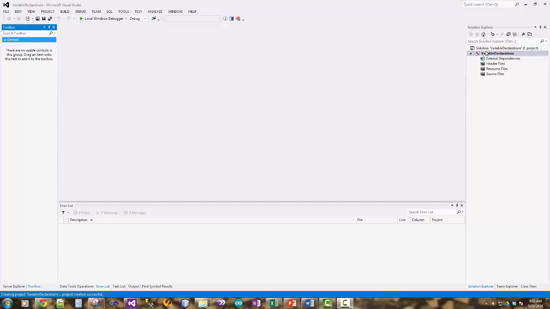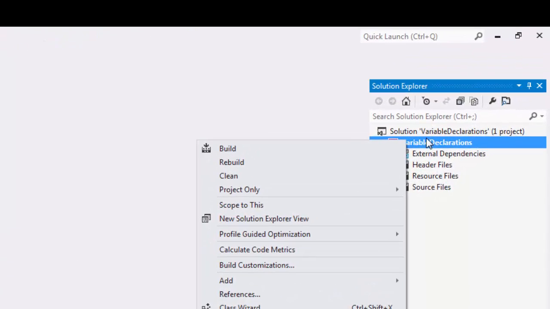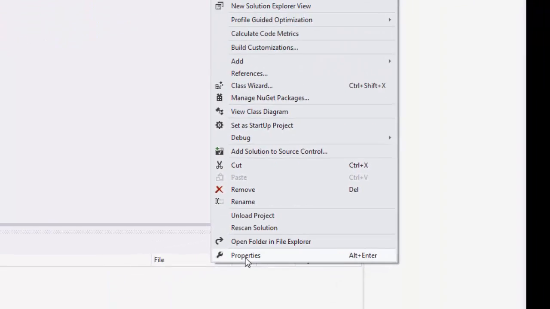Once your project opens up, let's make sure first that it'll run properly for us when we run without debug. And what I'm going to do is check my project by right-clicking on it. Note that this folder is the project, the one above it is the solution. So we right-click on the project, click on Properties,